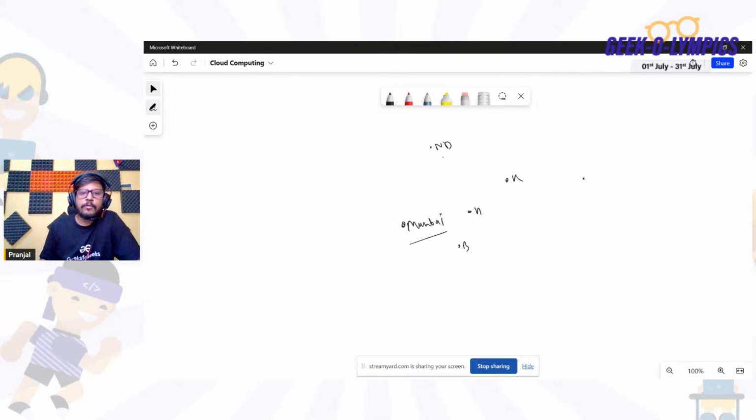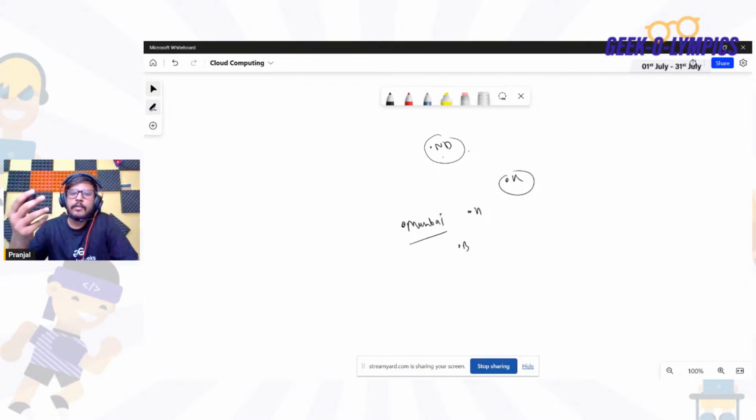So what is going to happen is it will use this edge location. This is all the edge locations nearby your user base. So if your users are around the NCR region, then they are going to use the New Delhi edge location. Now here, this edge location is going to contain the cache copy of your content.